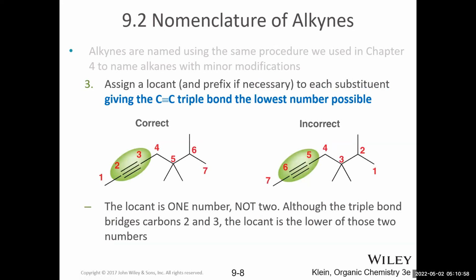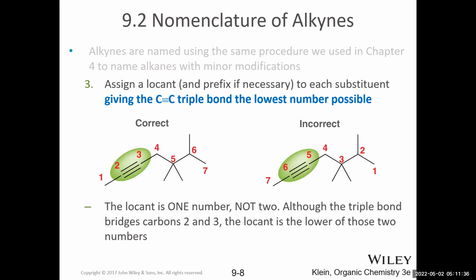And then we want to number the parent in such a way to get the lowest number possible for the carbons that are participating in the triple bond, right? So we would want to number it this way so that we have a 2 before the "-yne", instead of going the other way, which would have a 5 before the "-yne". So even though we get to another substituent going this way, remember that the alkyne takes priority over other substituents. So halogen groups, alkyl groups, those are considered to have no priority.